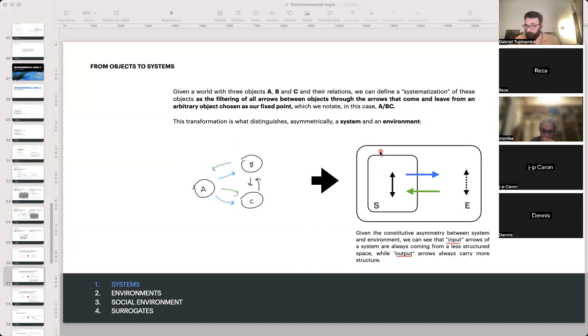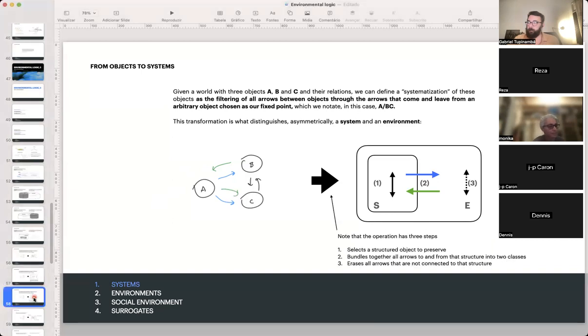I can't really tell. A more common picture for describing systems, discussing interactions between systems, and things that we already use when we're talking about lenses, optics, surrogate systems or whatever, right? And in that sense, to summarize, you could say that this operation, which is still to be formally discussed, is doing three things, right? It is selecting a structured object to preserve,